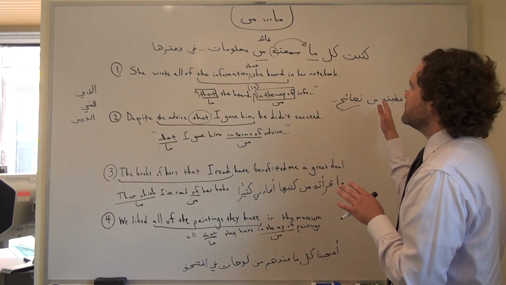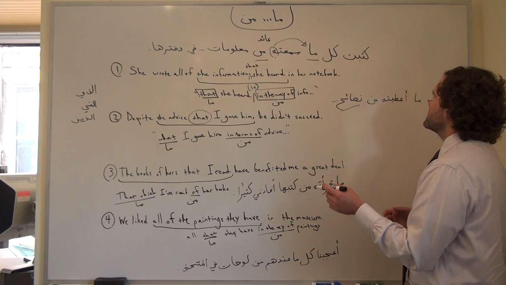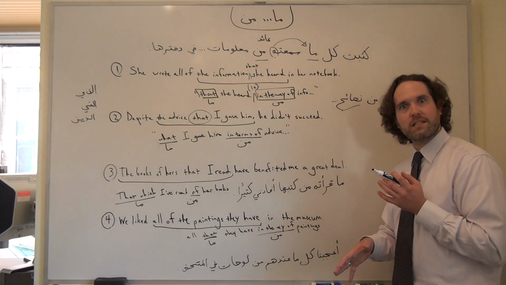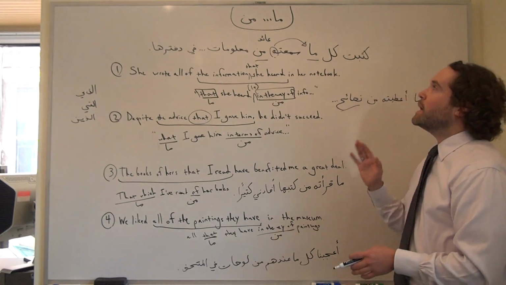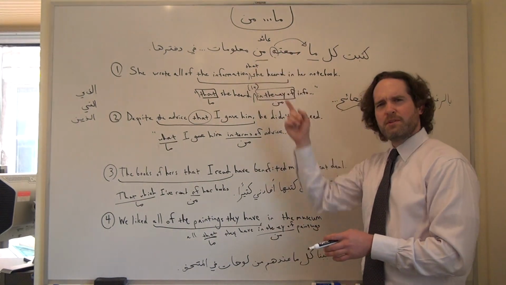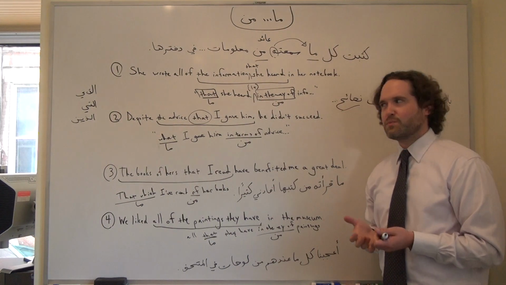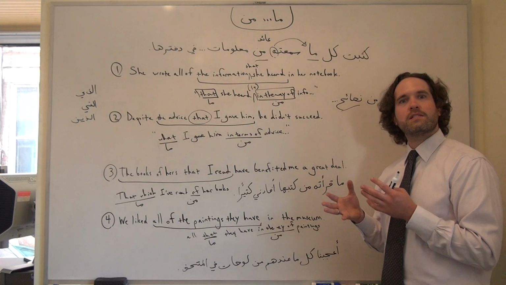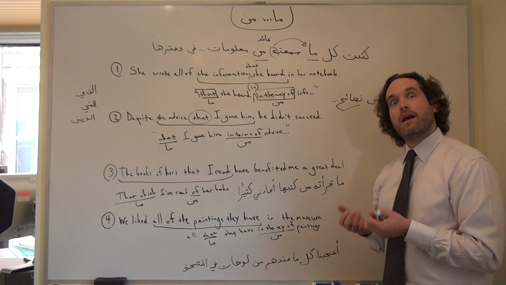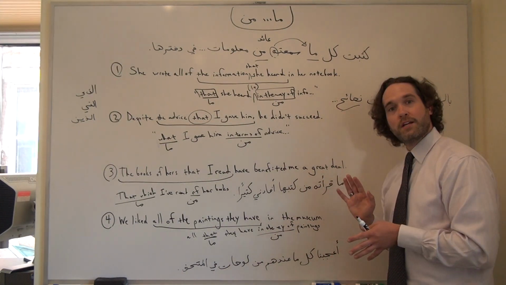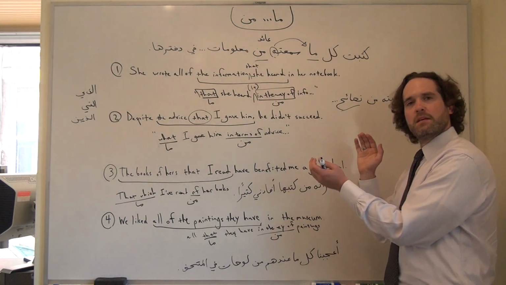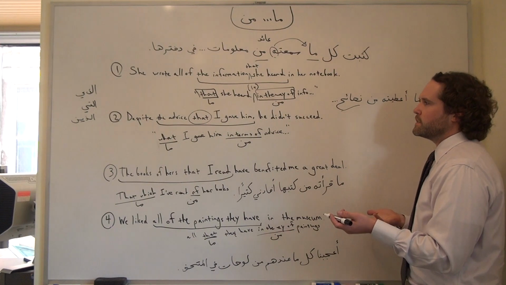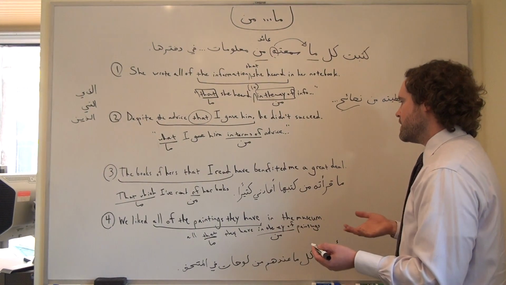We could, if we wanted to, probably rephrase some of these using alladhi or allati and obviate the need to use that ma min structure. The nice thing about using the ma min structure is that it is very Arabic, right? It's tough to come up with an equivalent in English that is stylistically as elegant. But for the sake of comprehension, if we encounter a ma and a min that bracket a word and we want to make it comprehensible to ourselves, it might be worth the intellectual exercise to say,